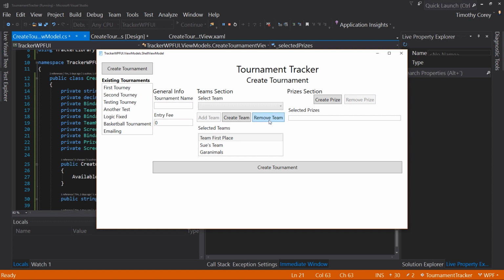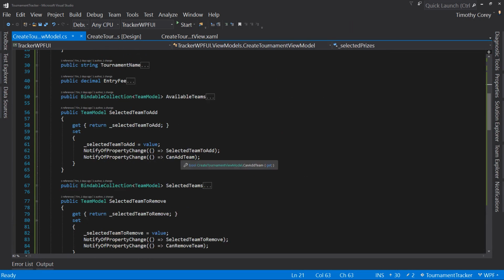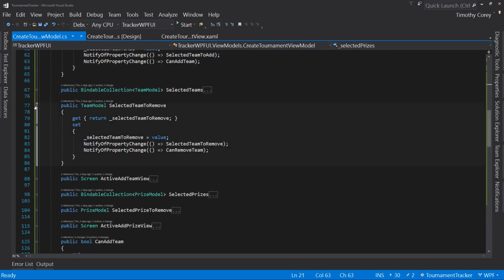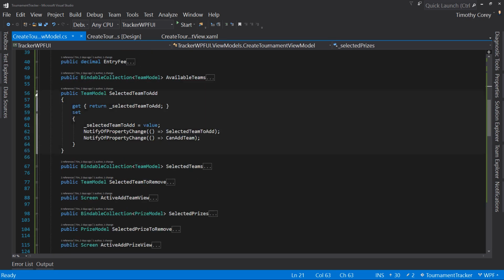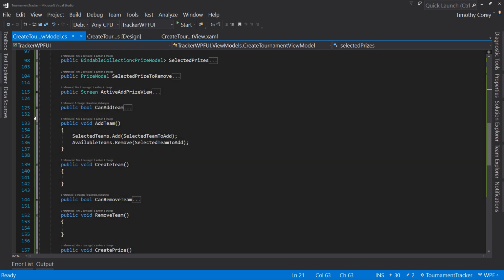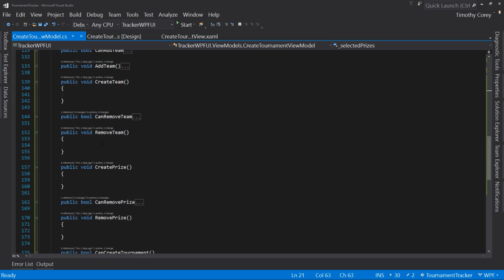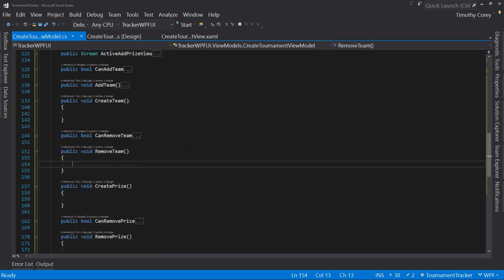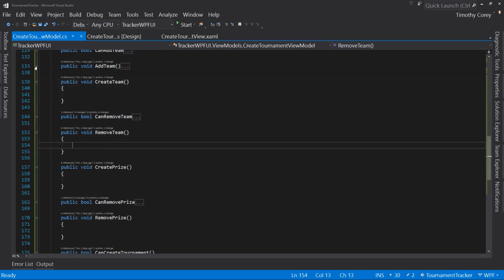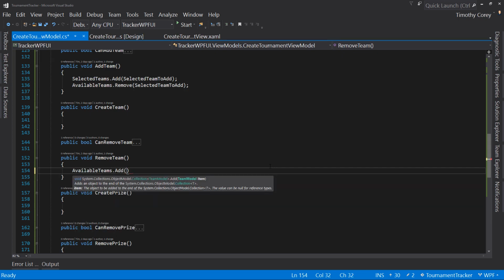So let's go ahead and wire that button up. Let's come down to the remove button. Let's actually shrink down these that we don't need to have open right now. We've added the team, and that works. Remove team is going to do just the opposite of the add team. I'll actually expand that back up. So now we need to say available teams.add